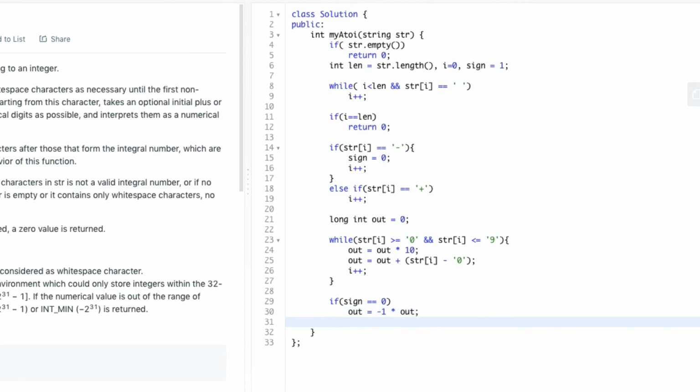And next we need to check whether the value of out exceeds the 32-bit signed integer range. For that, we can check whether out is less than the minimum integer value, which is int min. If so, we return the minimum integer value.